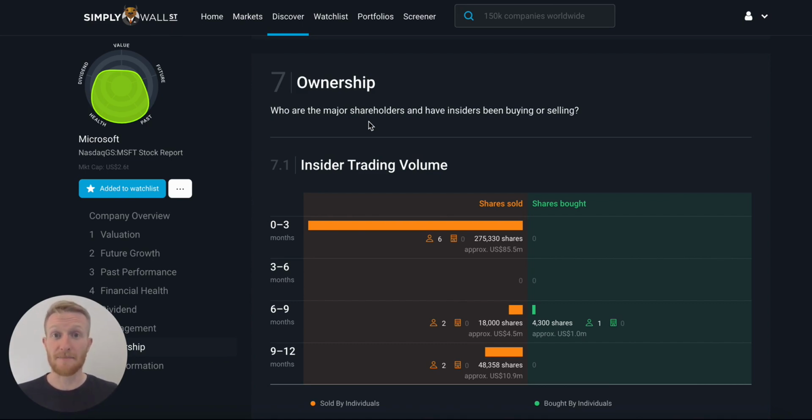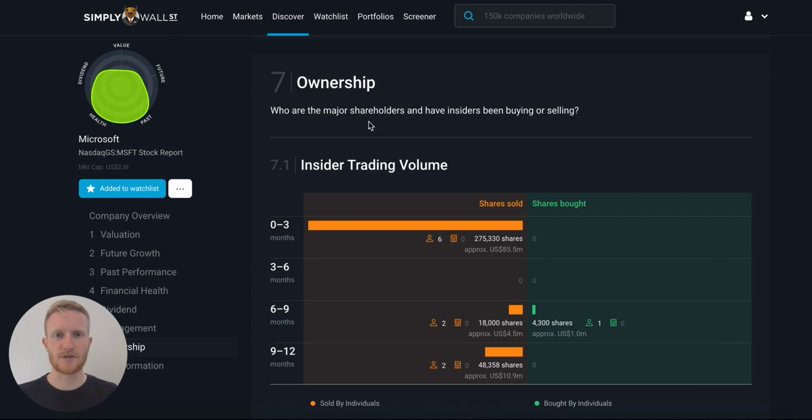Or, for example, if there's an insider who has a 20% stake in the company, you know that that particular insider has a lot of skin in the game, and so they've got a large incentive to do the right thing. So it's important to know who those major shareholders are because they can influence the outcomes of the business's voting decisions. And in regards to the insiders buying and selling, it's important to know this sort of information because it